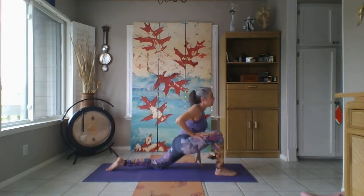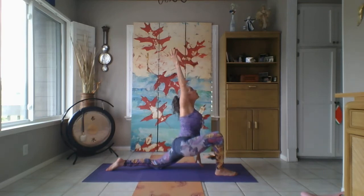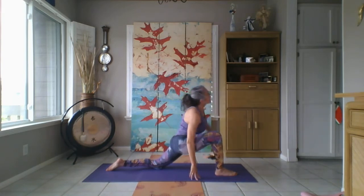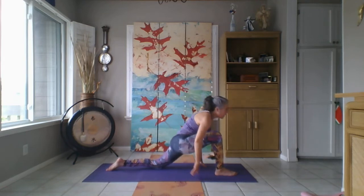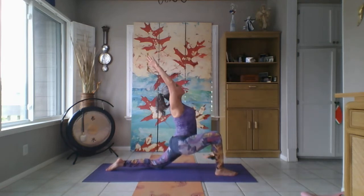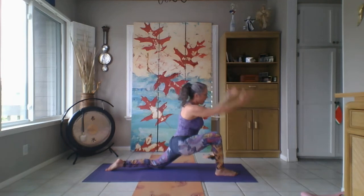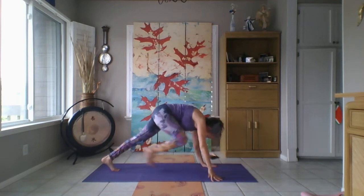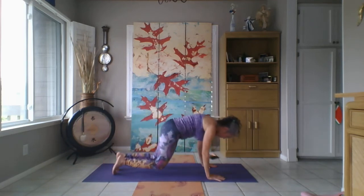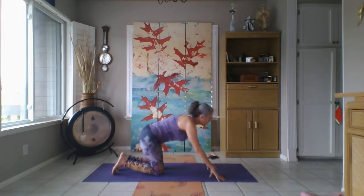Now, the next thing we're doing is crescent move. So with crescent move, we're going to work our way up to it in just a moment. Bring the left arm up, the right arm, and I'll bring it down, and I'll bring the left arm up, and bring it down, and I'll bring both arms up and back, and this is crescent move. Bring the hands down, turn your back toes under, lift the knee, slide the right foot back, bring the knees down. And now bring the left foot forward,